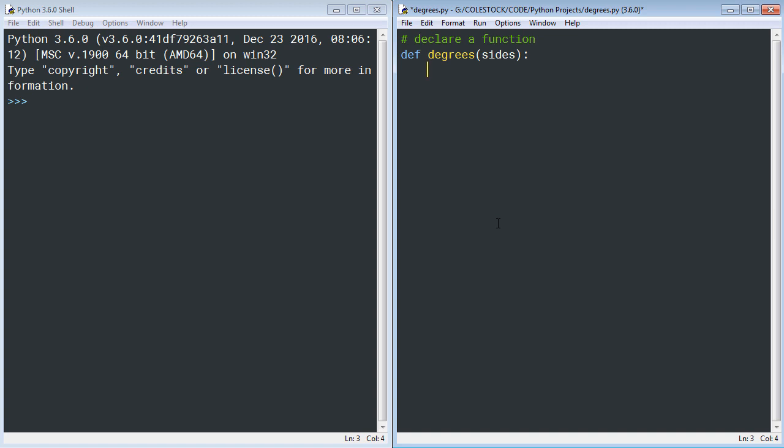The first thing we're going to do is use a return statement, and we are going to subtract 2 from sides and multiply it by 180. Remember, this is the formula for figuring out the sum of the internal angles of a polygon. So we use the return keyword, we subtract 2 from whatever sides value was passed in, and then we multiply it by 180. So for example, if somebody passed in 3 sides, the number of sides in a triangle, we